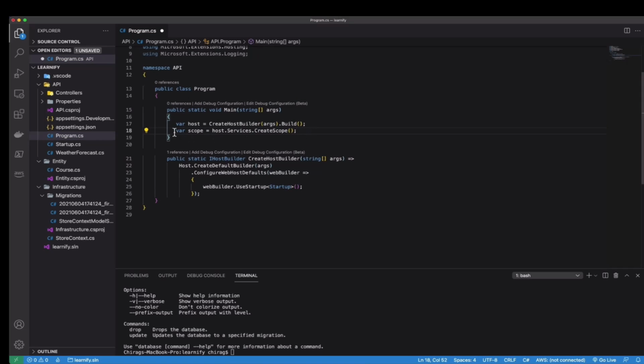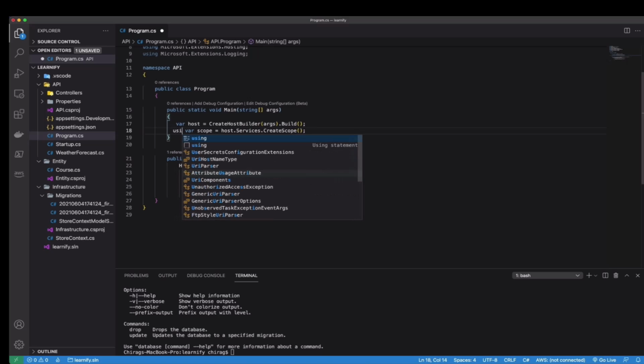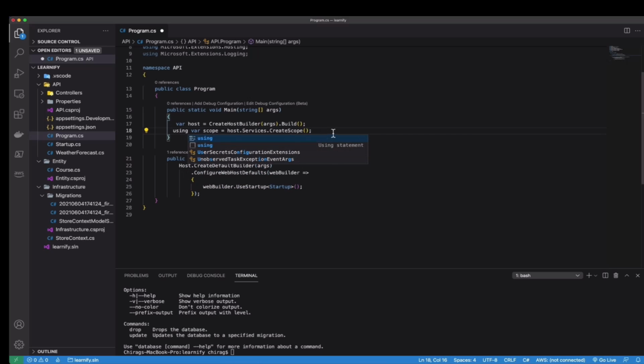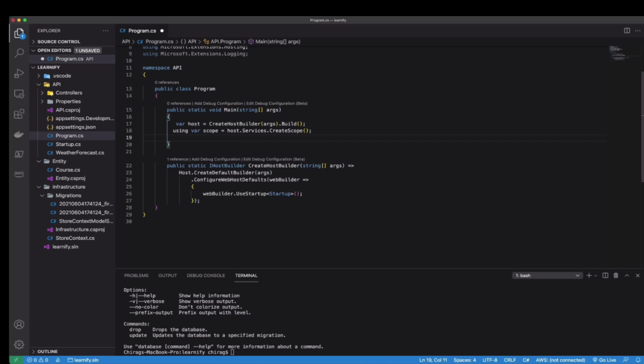We don't want it to be hanging here forever. So we will use the using keyword before this variable. And what it'll do is, it will dispose this variable after the method is correctly executed. It is one of those things we want to dispose of after we are done using them. So basically, it will create a scope for services we are going to use in this method and dispose it after it's done. Below that, we are going to create a variable called services, and it will store